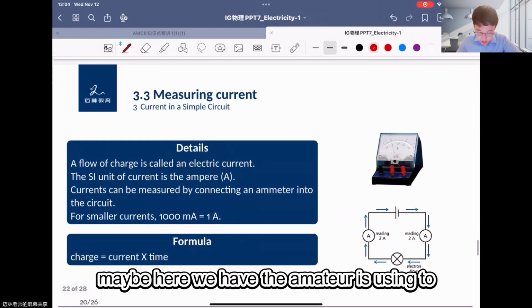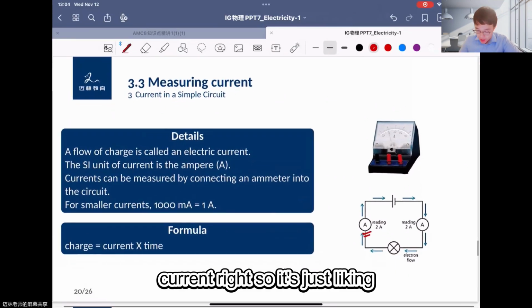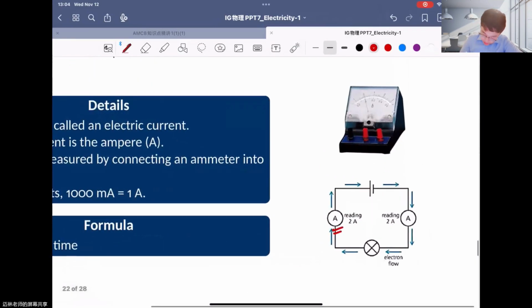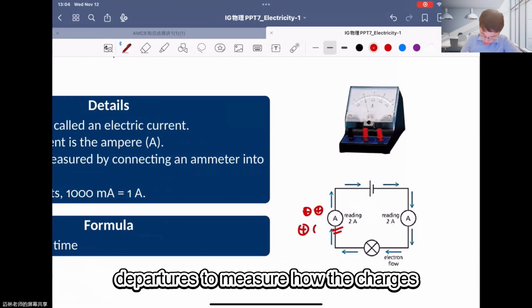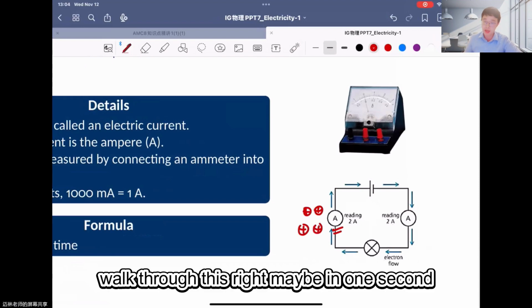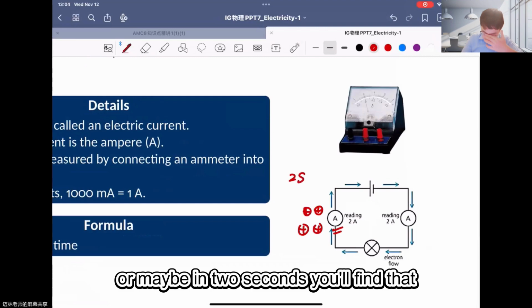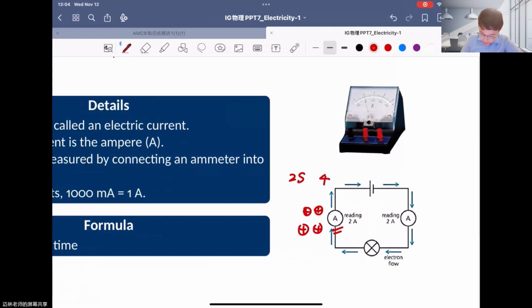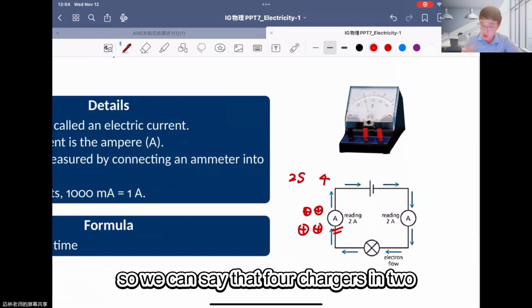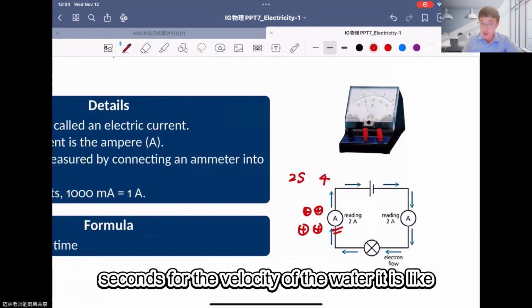Maybe here we have already said the ammeter is used to measure the current, right? It's the apparatus to measure how the charges move through the circuit. Maybe in 2 seconds you will find that 4 charges are passing through. So we can say that 4 charges in 2 seconds, for the velocity of the water, it is like